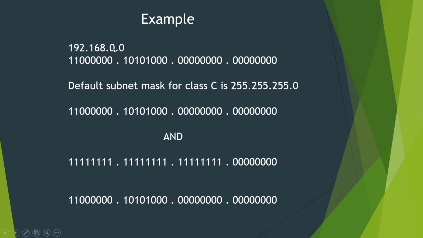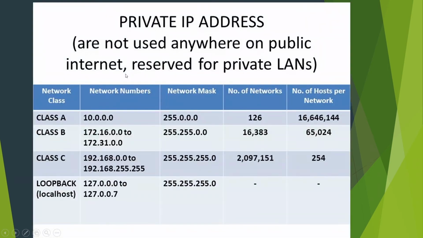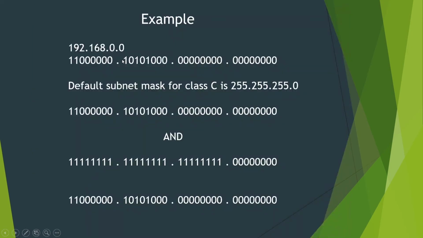We can change this bit to 1 to generate another network, and I can change this bit to 3 to generate another network, and in that way I can generate that many networks. But in the home it's unnecessary to create that many networks, because even in one network you cannot have 256 devices in your home. That's why generally we use 192.168.0.1, 2, 3, 4, 5, 6, 7, 8 to assign the host addresses.